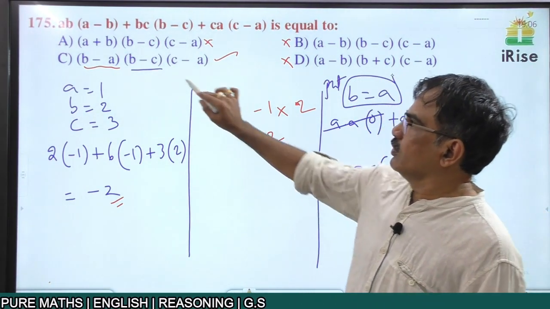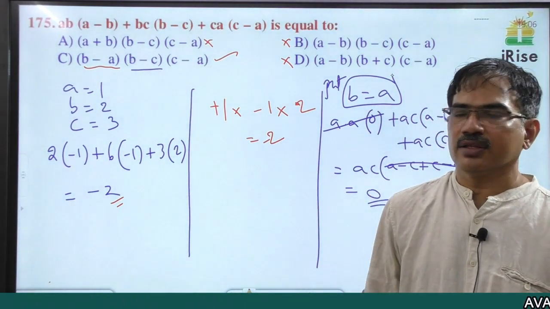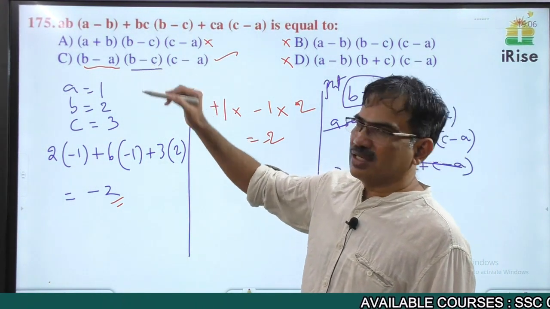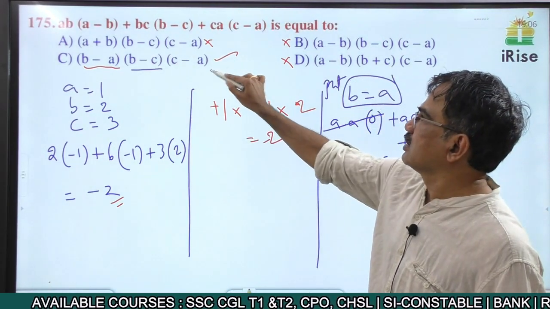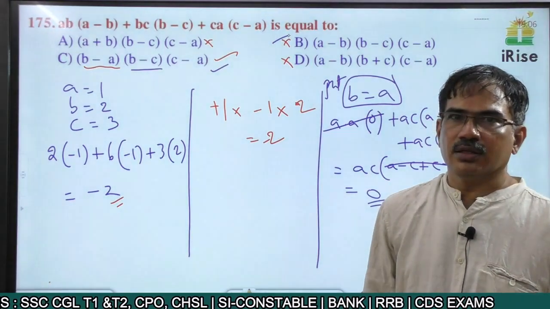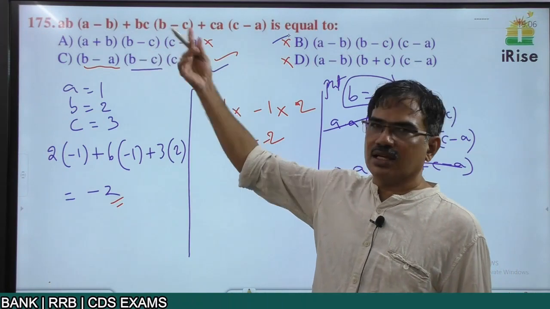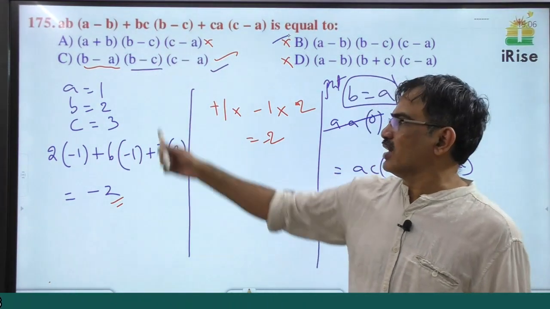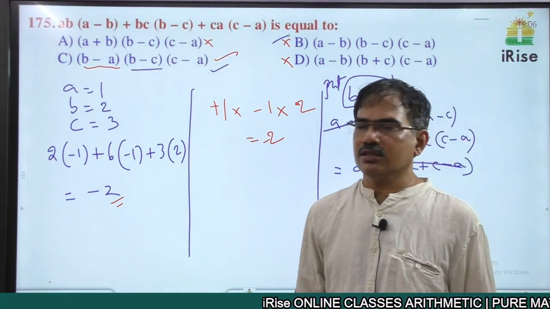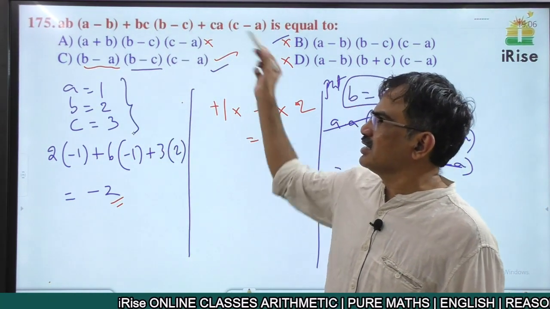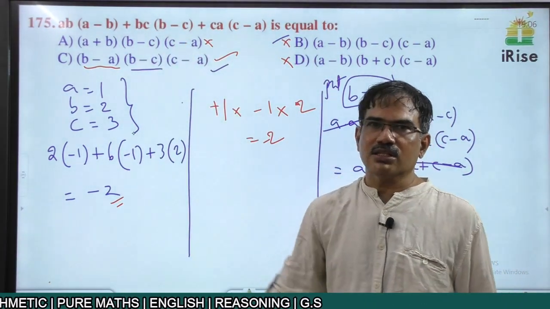So therefore, to check the factors, you have to substitute directly. a equal to b satisfied, b equal to c satisfied, c equal to a satisfied. So the options are either this or this. Again, to check this one, you have to substitute a, b, c as some more values, either 1, 1, 1 or 2, 2, 2, 2, 3, 4, like that. We can get the answers easily. If you put 1, 2, 3, again the same method, this is not satisfied, only this is satisfied, so answer is this one.